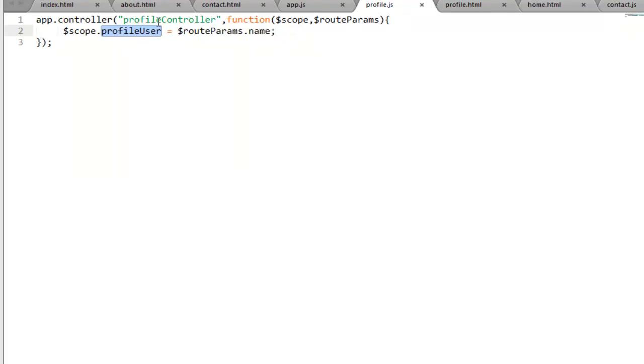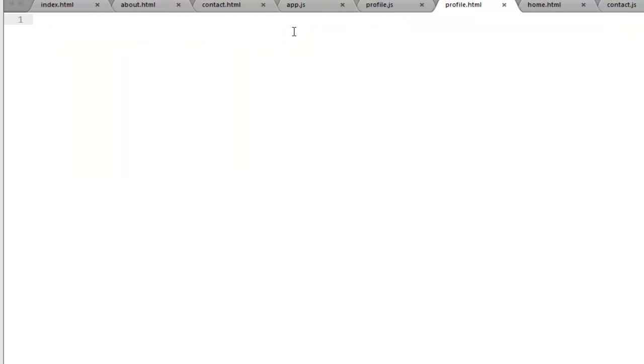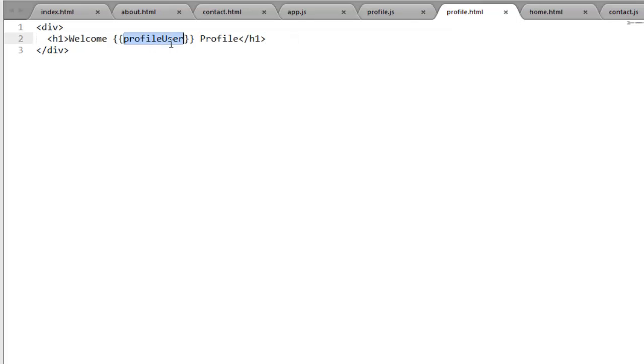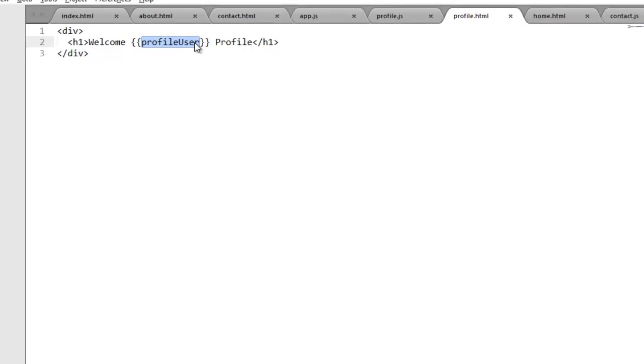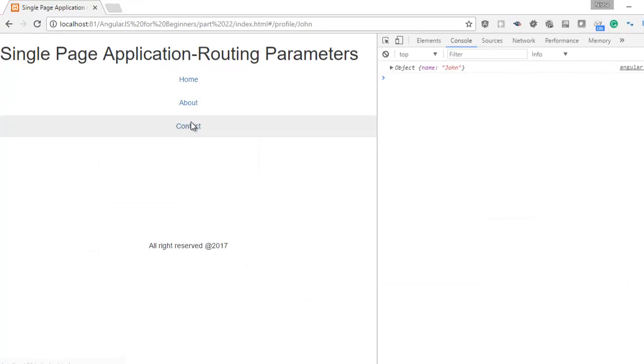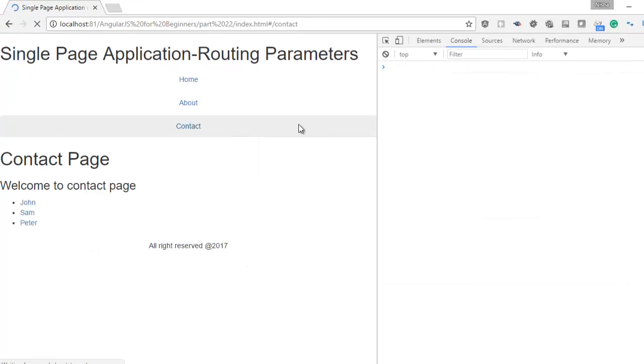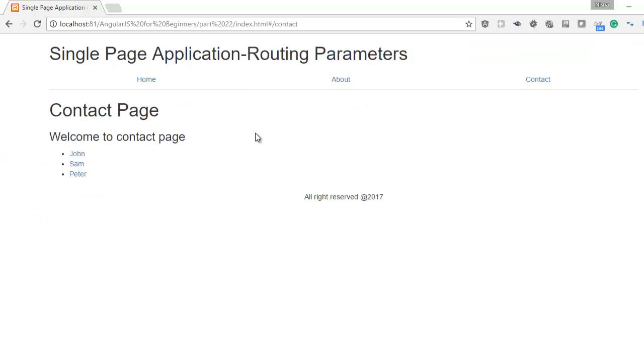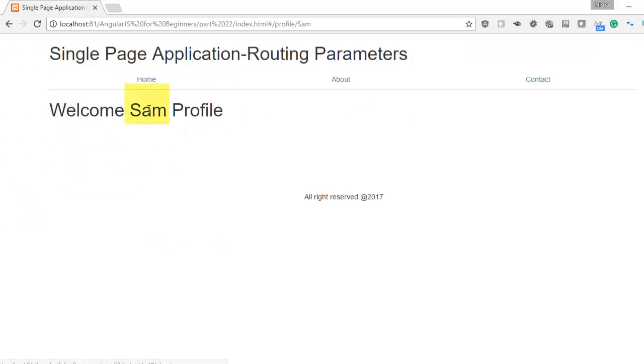Now this profileUser you can print on your profile.html page. So in h1, I write welcome, profileUser. On this variable I just bind it with the help of a data binding expression. Now you can refresh the page, and if you click on any of the users, you will notice that the value you have passed is retrieved here.